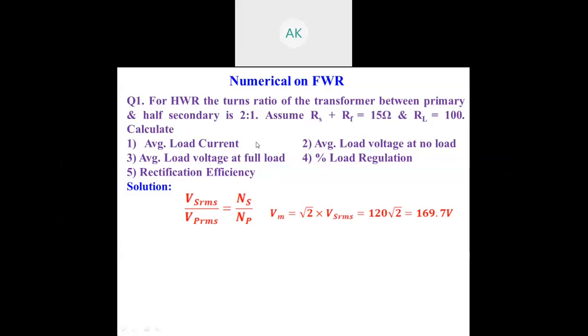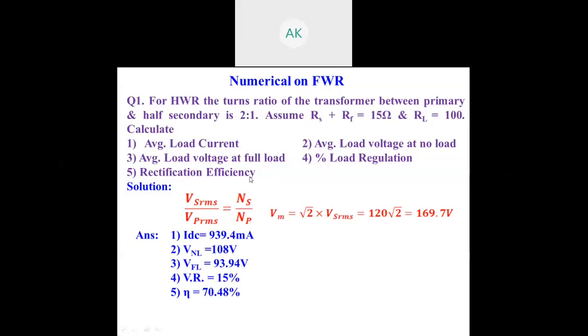They have not provided it, so we consider that the RMS AC voltage from electricity is 230 volts. From a calculation point of view, we have considered it as 240. So if you plug in the 240 here, the value will be 60. So the VS RMS value of the secondary voltage is 60, so 60 into root 2, and NS divided by NP is given as 2 by 1. Sorry, 1 by 2. So you simply plug this in, and you will have this value.